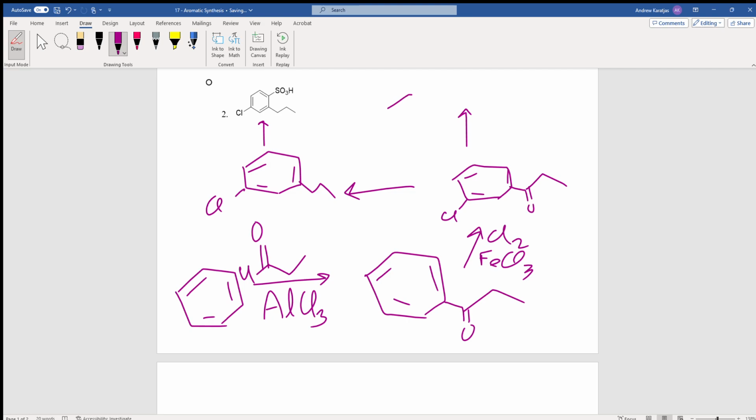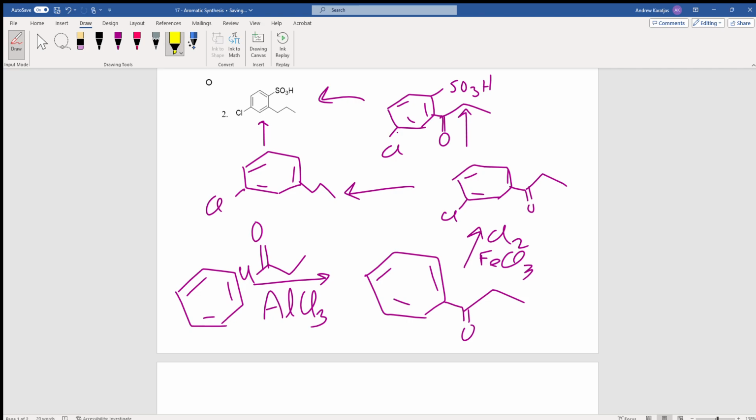Or do we want to try and do sulfonylation and reduce after? What's going to determine which one of those paths is correct is the path that's going to give us the correct substitution. So if we try to do sulfonylation first,